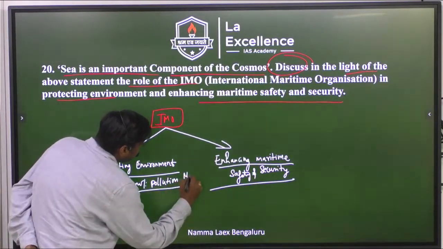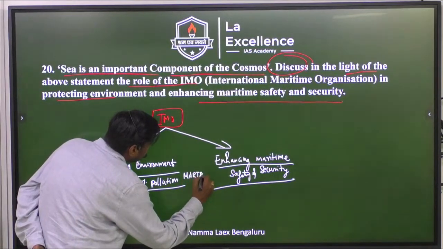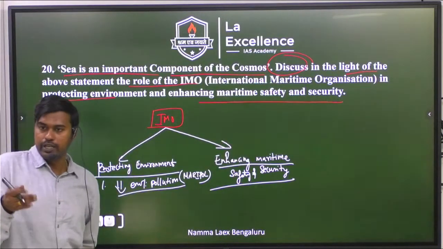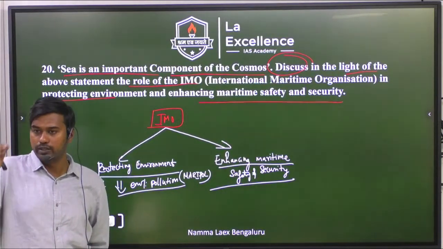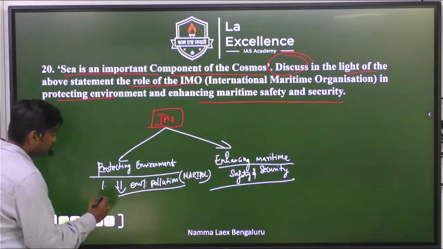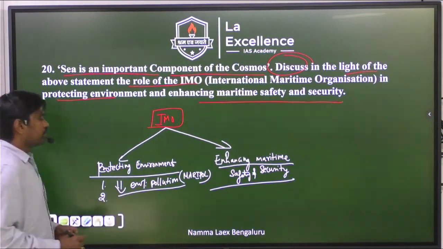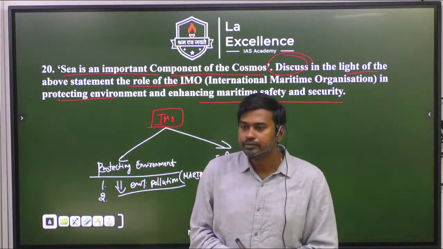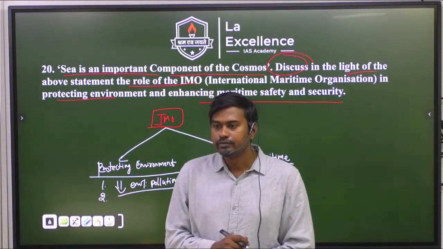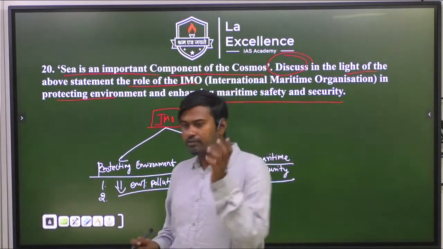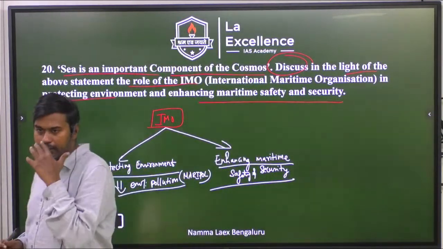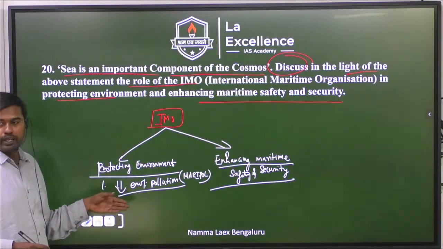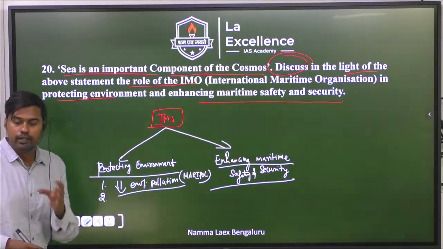We have something called MARPOL. That is an international convention for reducing maritime sea pollution. That is referred to as MARPOL. That is their function, so we control that. You can write that also. And when it comes to protecting the environment, we also make sure that we have, in ships,